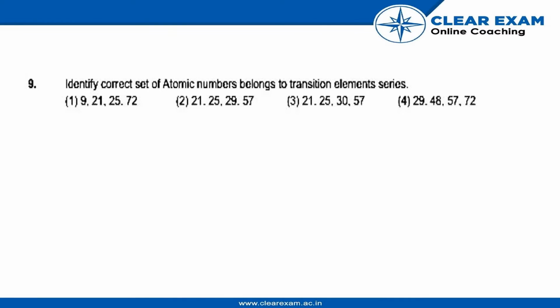So in this we have to identify the set of atomic numbers belongs to the transition element series. Which of these is a correct set? So we know that from the definition of transition elements, they must have incompletely filled d orbitals in its ground state